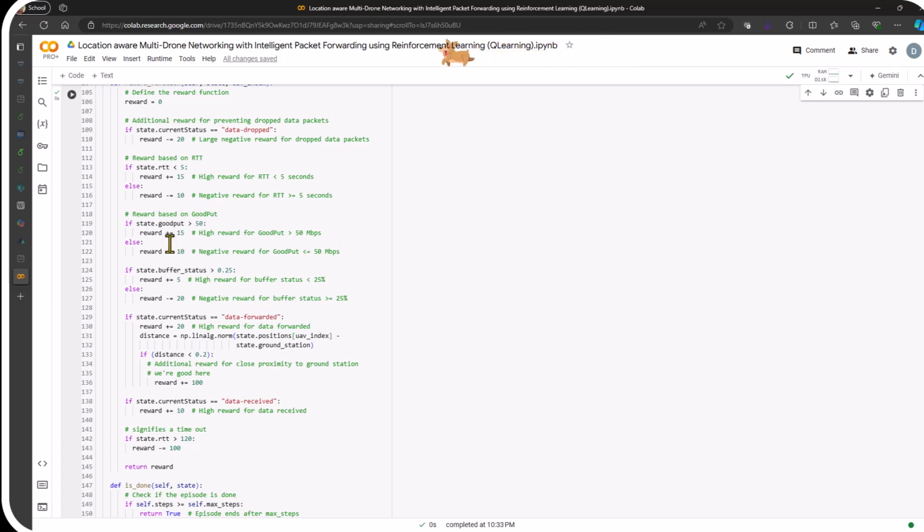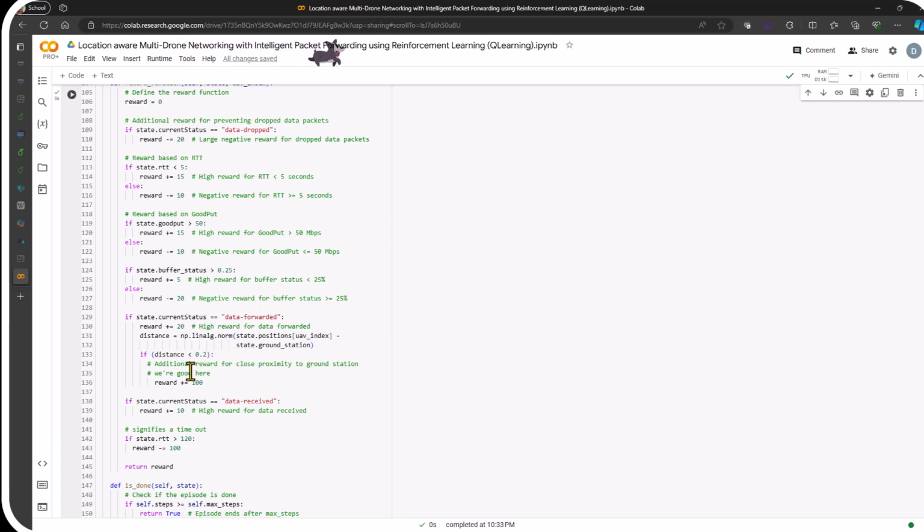If the goodput value is, let's say, greater than 50 megabytes per second, we give +15. Otherwise, we subtract. If we have over 25% of our buffer left, then we'll give a reward of +5. Otherwise, if we don't, that means we have less than 25% of data we can hold. We'll go ahead and subtract.